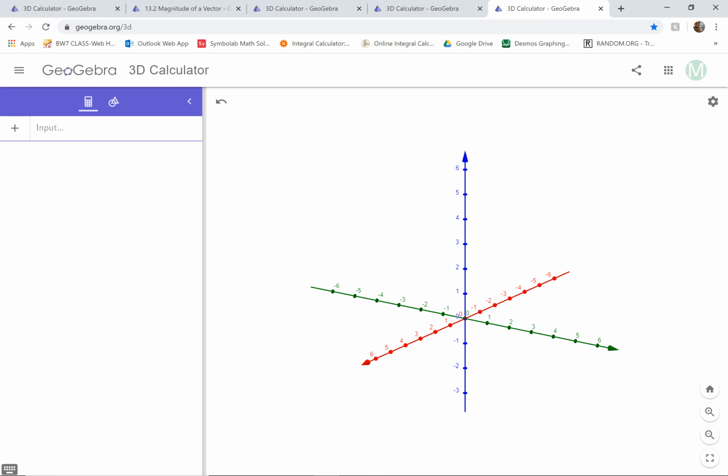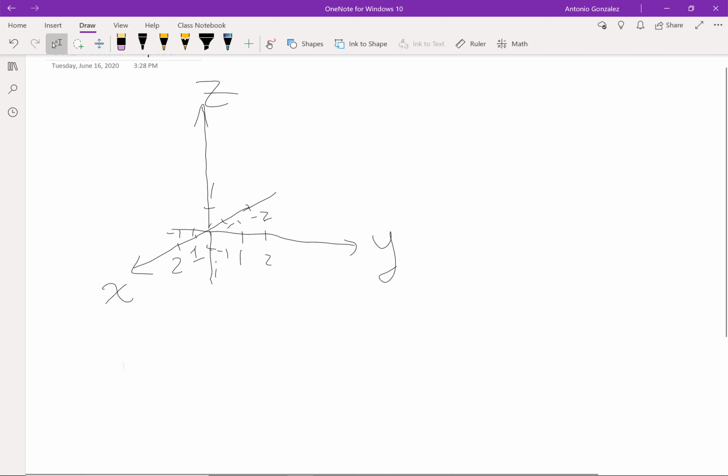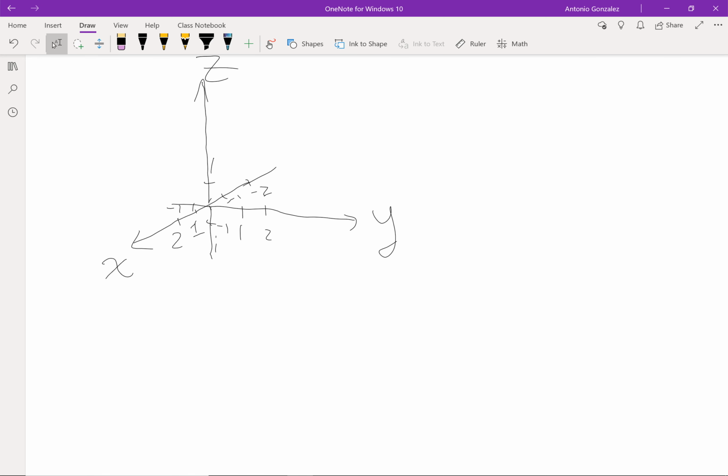Now, for the equations of solids, or surfaces I should say, in XYZ space, we can use our intuition from the XY plane to figure out what some of these surfaces are going to look like. Let's take a look first. We can think of different planes that make up this space. Now, if we think of the XY plane,